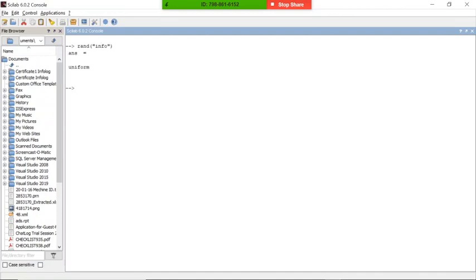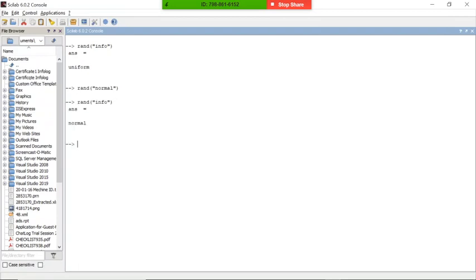Now the random method is uniform, meaning the algorithm generates values that are uniform. You can make it normal also, by setting the random method to normal.